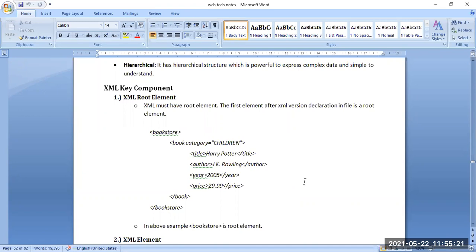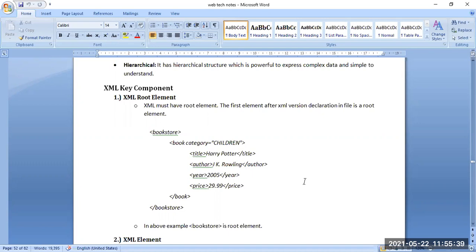Everything is in a hierarchical process, and the root element categorizes everything.